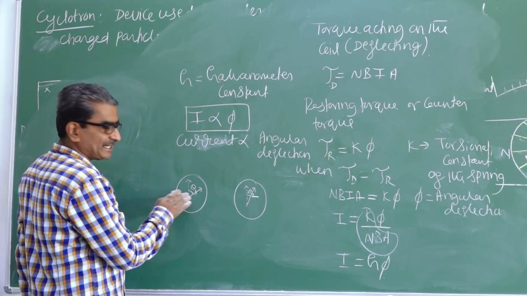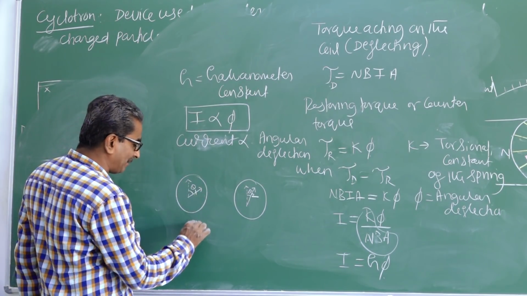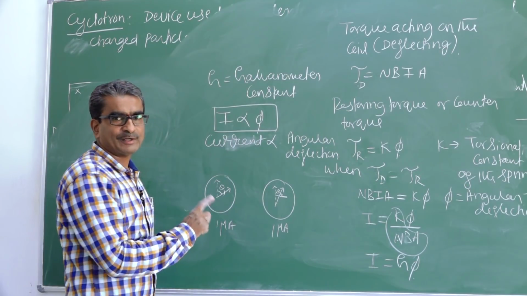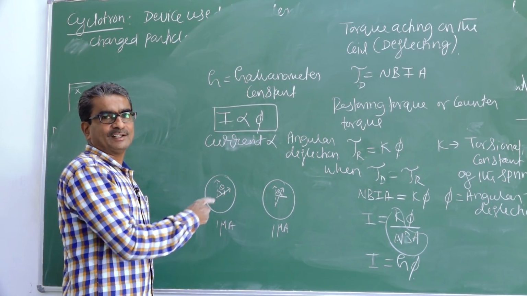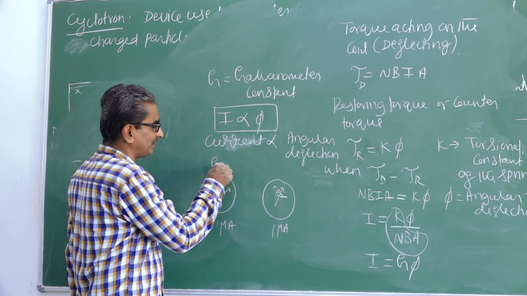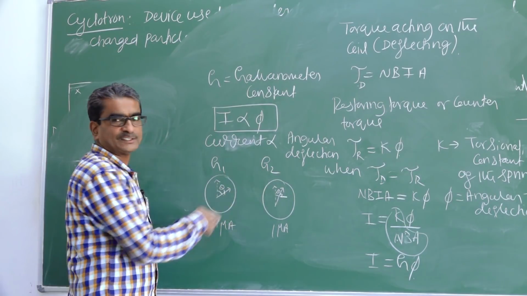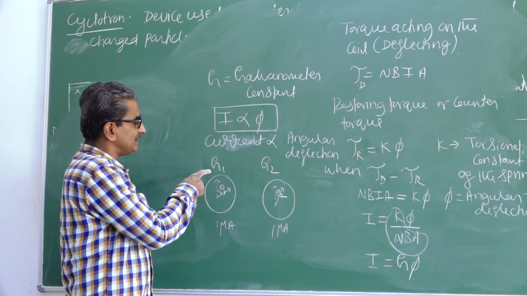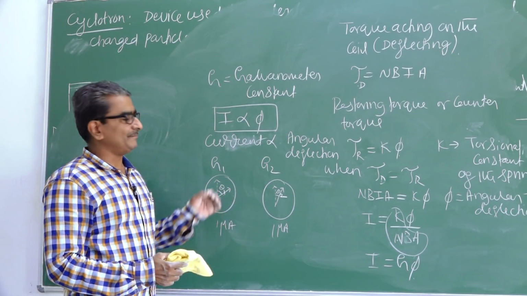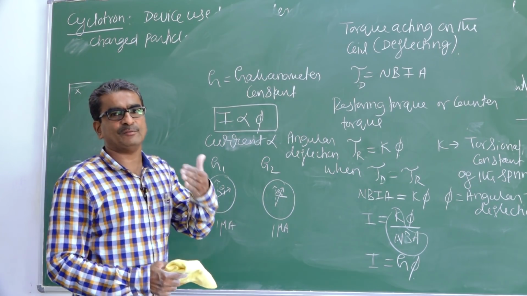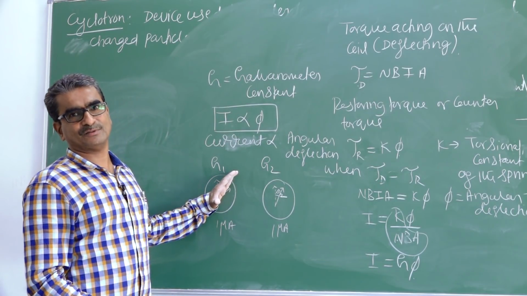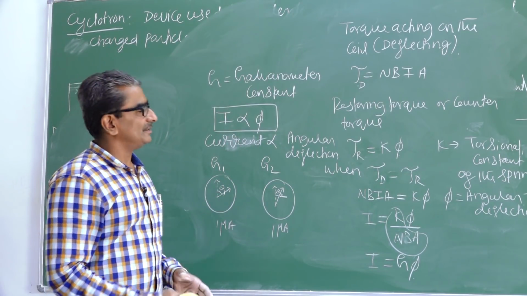Here the current I am going to pass through this galvanometer is 1 microampere. Here also I am going to pass the same current. For the same current, 2 galvanometers are showing 2 different deflections. It clearly shows that large deflection is seen from galvanometer G1, whereas small deflection is from G2. So we can say that G1 is more sensitive than G2. Simply, the galvanometer is said to be more sensitive if it produces large deflection for a small current. Okay, thank you.